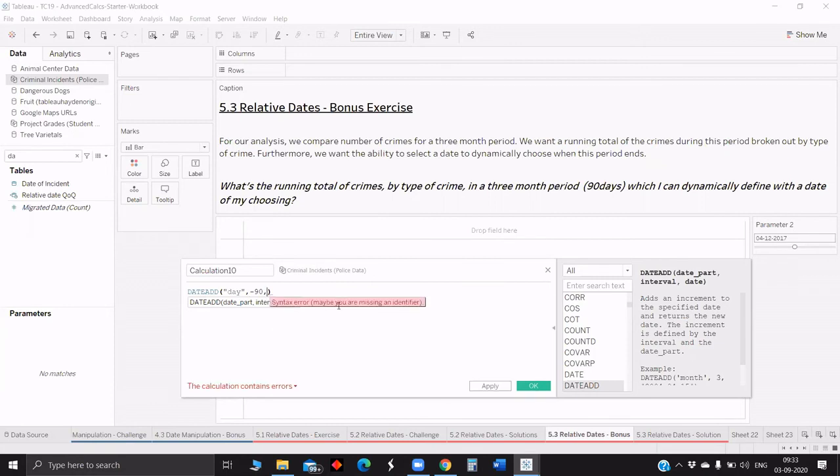Since we are subtracting from the date with respect to the parameter, we don't have any other function; with the DATEADD function only, we have to give the interval in negative. And the date is parameter 2. In this way, first we get the date 90 days before whatever we choose from the parameter.